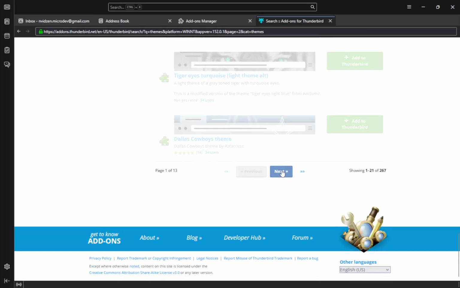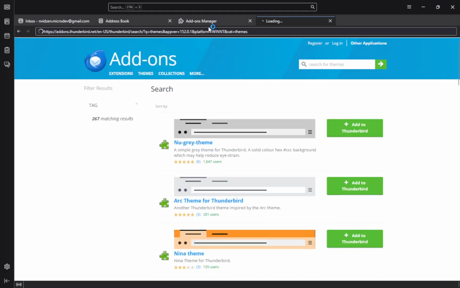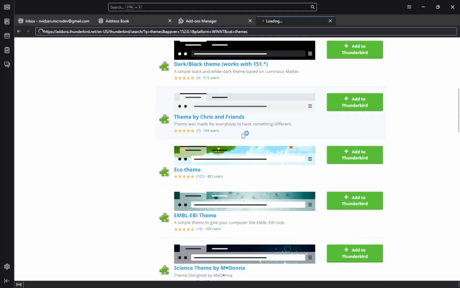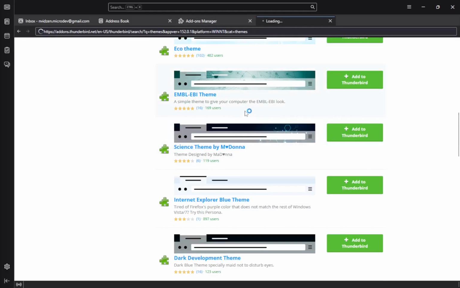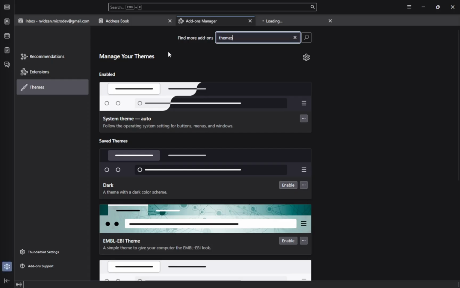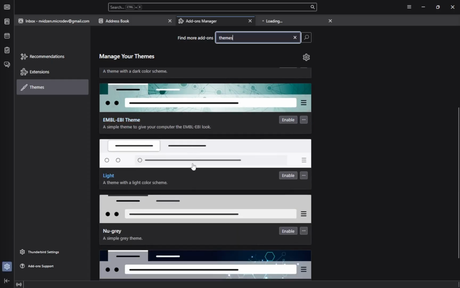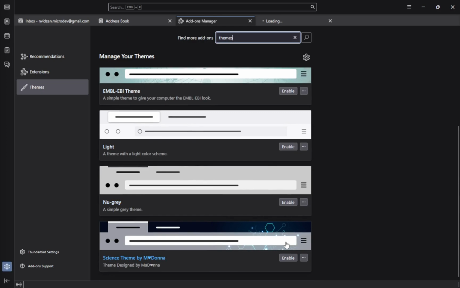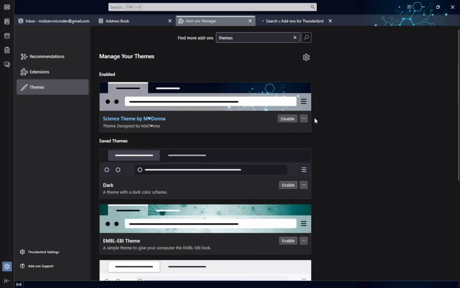If you have multiple themes installed, you can switch between them at any time from the Themes page by selecting the theme and clicking Enable. This flexibility allows you to change your interface effortlessly based on your preferences or mood. You can easily experiment with different looks until you find the perfect match for your needs. This is particularly useful if you like changing themes for different seasons or occasions.